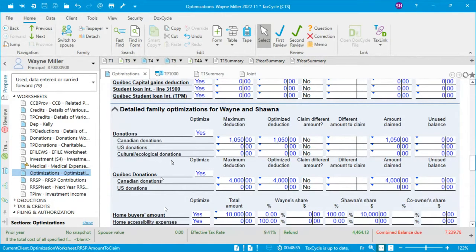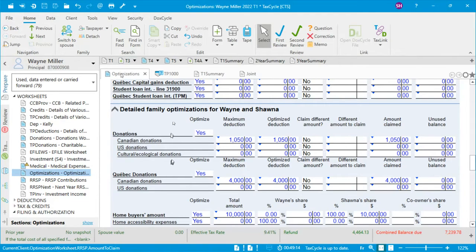So highly recommend where you have a coupled return, where you have a couple, a spouse, a common law couple, that you put them together in the same return if at all possible and prepare their returns together, because that's how you're going to get the best optimizations for that married or common law couple. And especially as it gets more complicated with dependents and other income types, this becomes increasingly important. As well, some of the tax credits are dependent on whether or not we're looking at combined income or individual